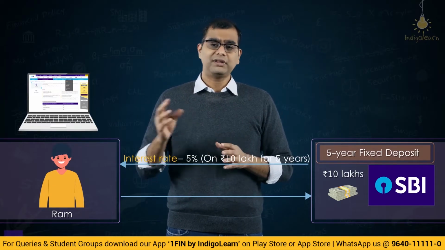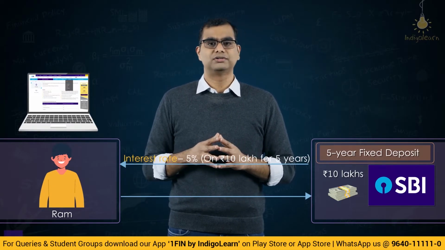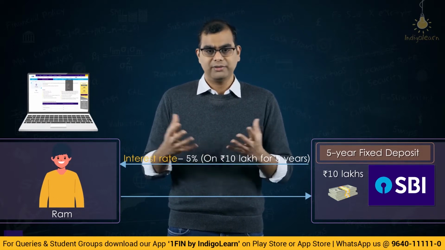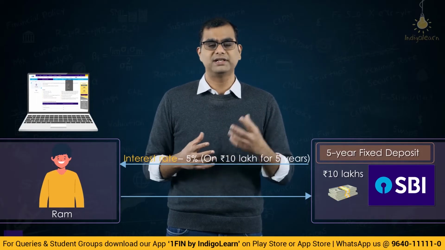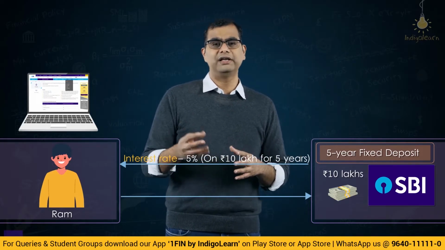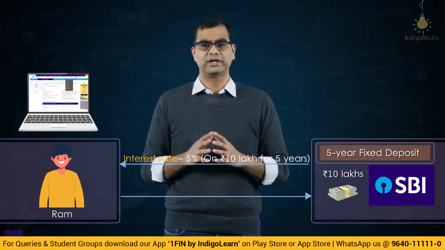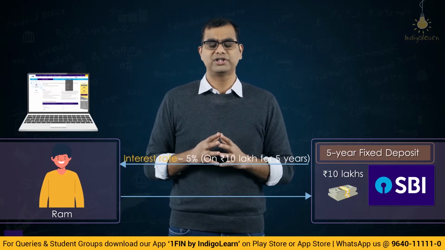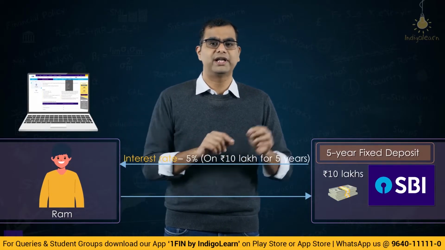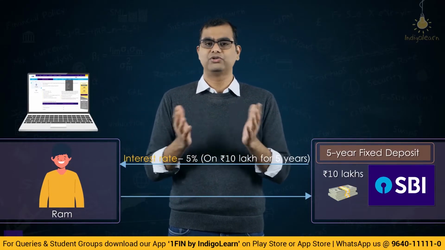But let us say I go to SBI with 1000 crores. Then I have some leverage. I will say, dear SBI, I am putting 1000 crores for 5 years, please let us negotiate interest rates. In the market, that rate is this much, I want slightly higher, 5.5, 5.6. At that point you will have negotiation capability. But as a small retail depositor putting 10 lakhs into SBI, you don't have any negotiation power.